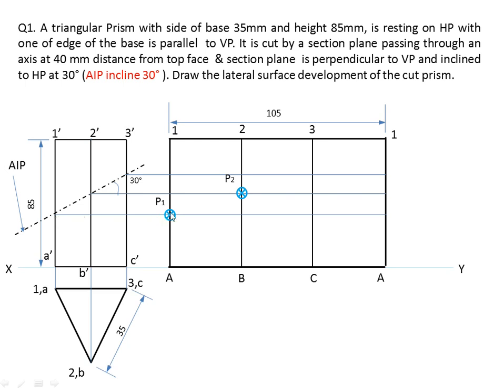If we transfer the point, the same point we will get here, P1. Similarly, this is the cutting point of 2 dash B dash H, 2BH. So on the same 2BH we have to mark P2. Next we have to mark P3. Next again we have marked P1. Join these points by straight lines because this is a prism. Give the dimension. If you see here, the dimension of one of the edges is 30 mm.